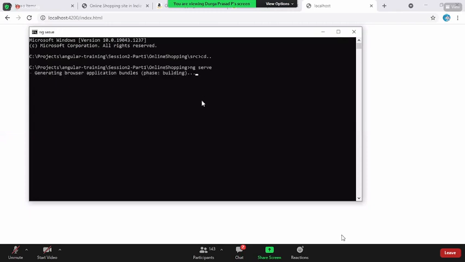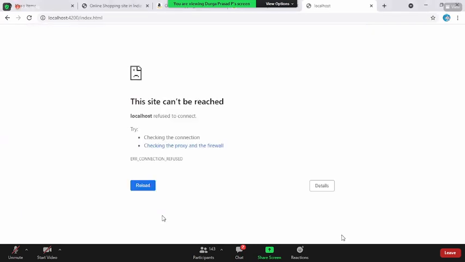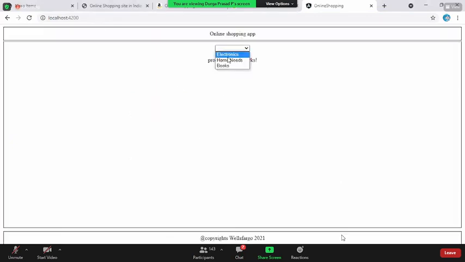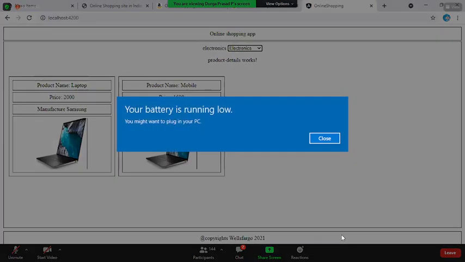Okay, this is how it is looking. Now, when I go here, this is how the web page is looking. When I say electronics, this is how the page is getting shown.